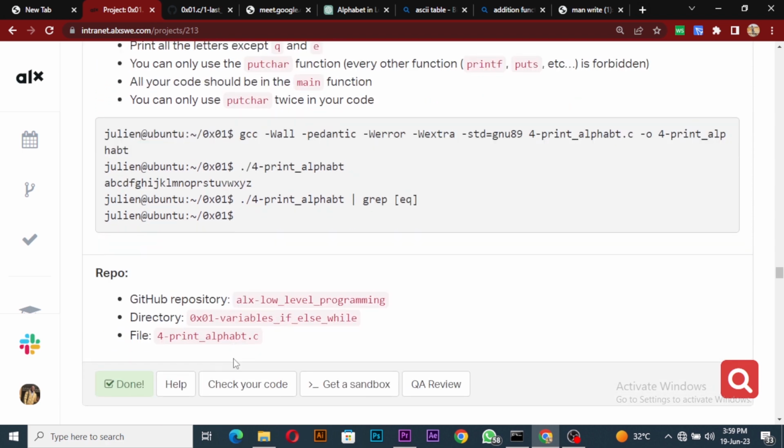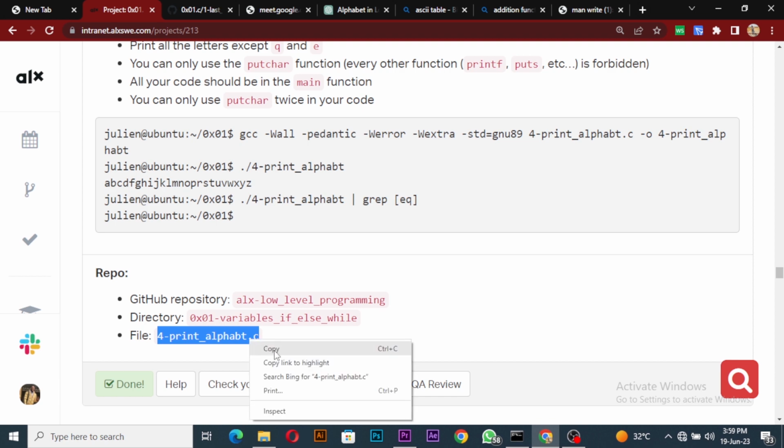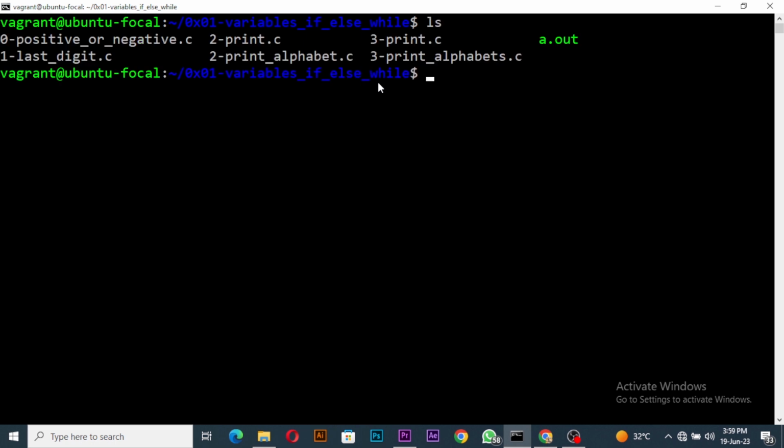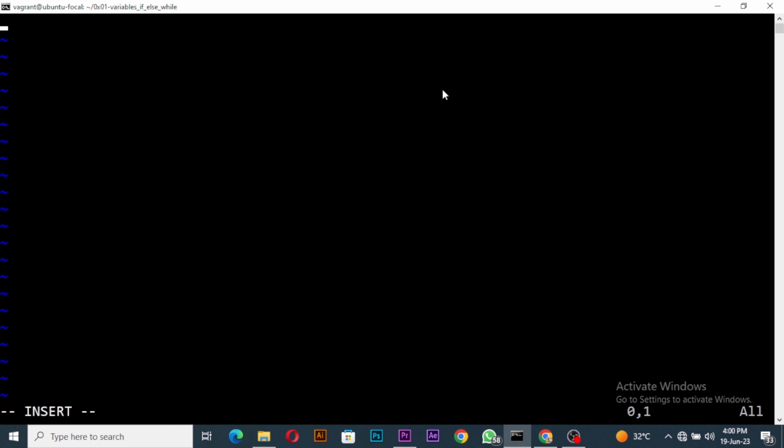Okay, so we'll copy the name of our file, right? So you need to have cloned your repo alxds and then put your readme inside and create a directory, and you will add this one to it. So this is the directory, right? If I ls, you see all the past things I've done. So let us vi for the first one, the one I'll be using the while loop to solve. So if I enter, then I can insert and then I'll first include my stdio.h, my header file,